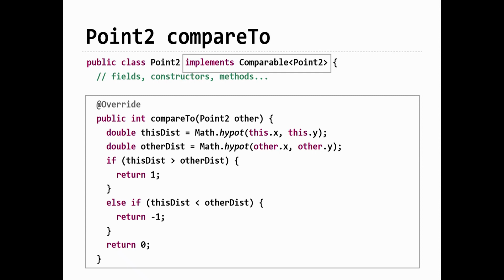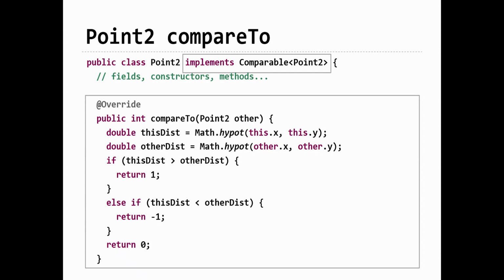Right, where inside the method, P is this, and for this method, Q is other. So you just compute the distance of this point to the origin, which is right here. Now remember, how do you compute the distance of a two-dimensional point from the origin? Well, it's x squared plus y squared, take the square root. There's a method in the math class that does that for you. It's called hypot. You should use hypot instead of computing x squared plus y squared, take the square root